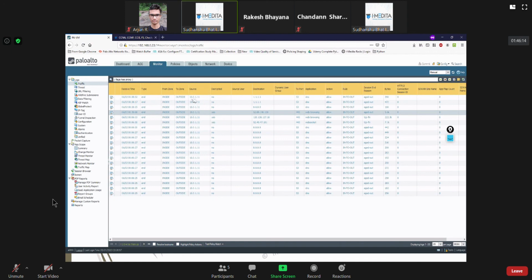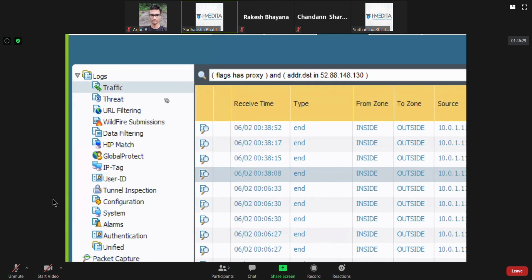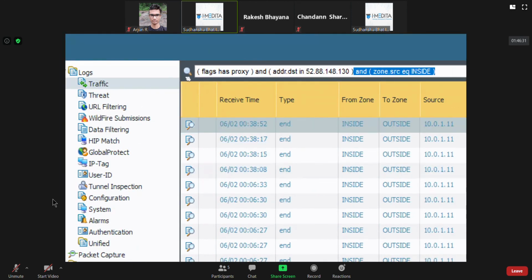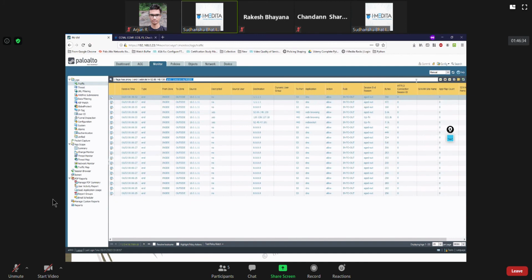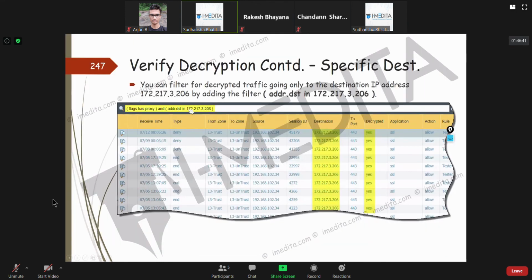Now, if you want it for a particular destination, you click on this, and it automatically adds it here. You don't need to manually type it. Most of the time, people click these things and then modify them. So when you see these things in monitor, don't think you'll have to remember everything.